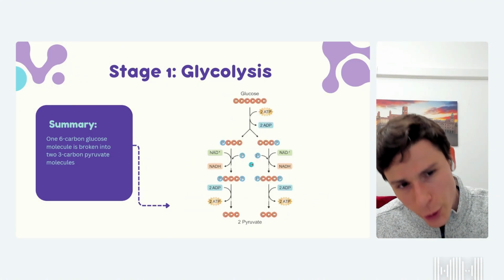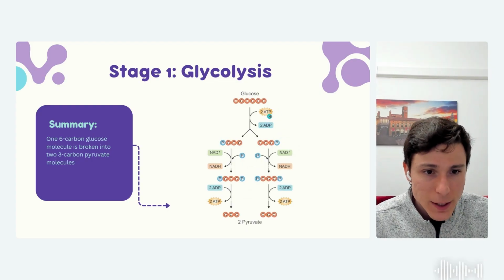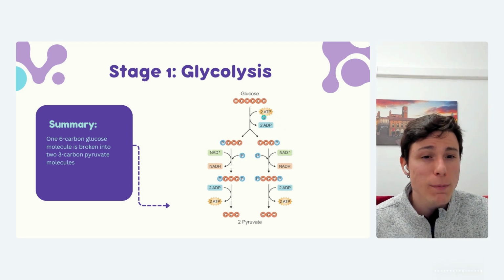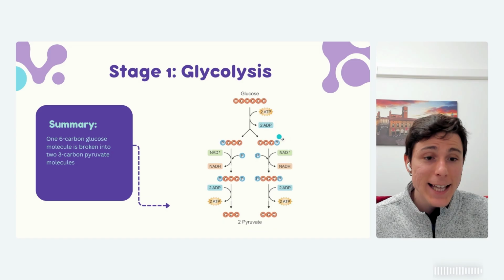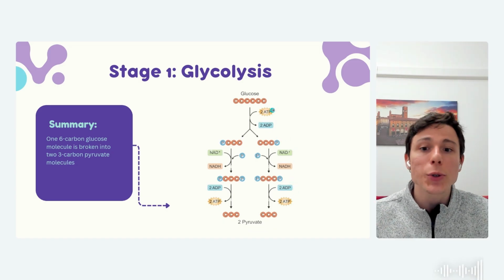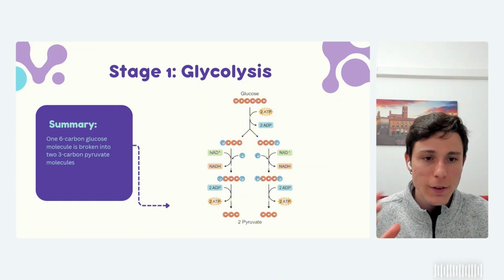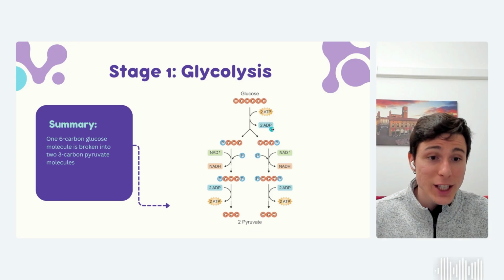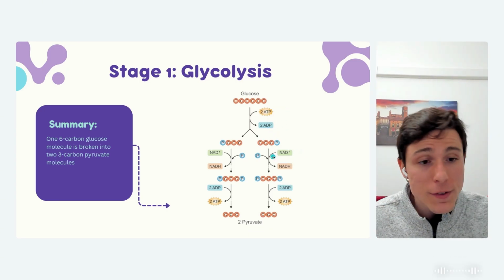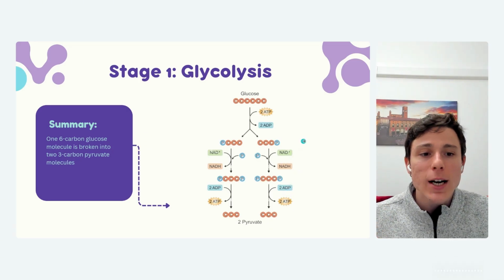Now with a little bit more detail, if you notice, we're going to have ATP being consumed. Okay, we're going to need ATP in the first part of glycolysis. But at the end of the day, we're going to have this ATP back, not only the 2 we used, but also some extra. So that's why we usually separate glycolysis into these 2 steps. The first one is going to be the investment step. We're going to invest ATP literally to gain money. We have to lose money first. And then we're going to have the payoff step, which is basically the step where we're going to get back this ATP and also produce some NADH.